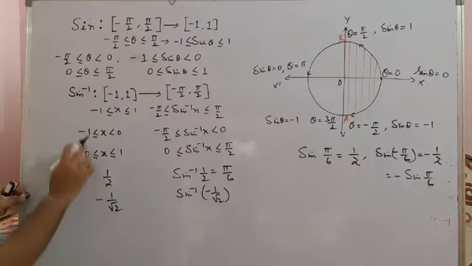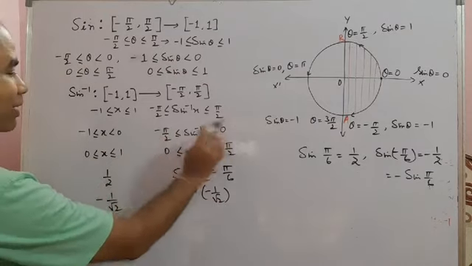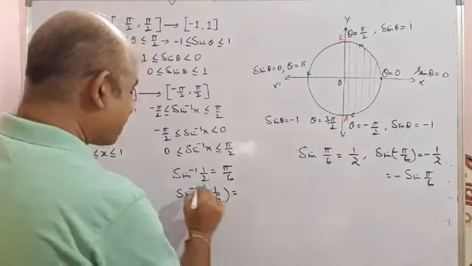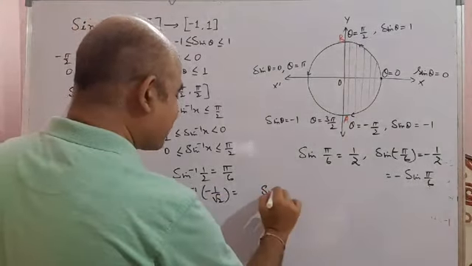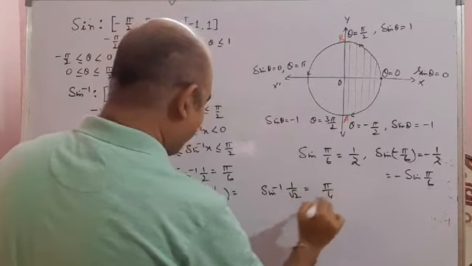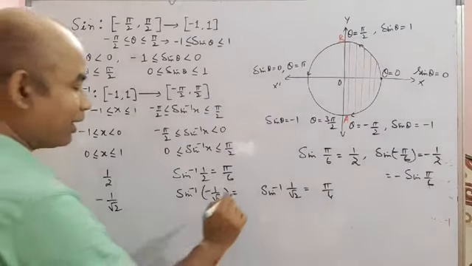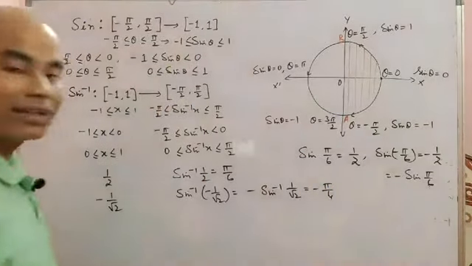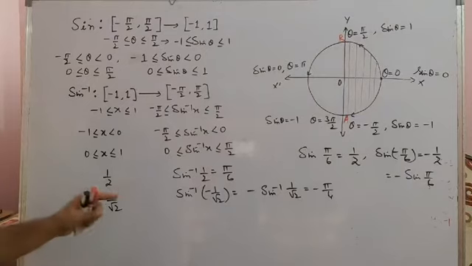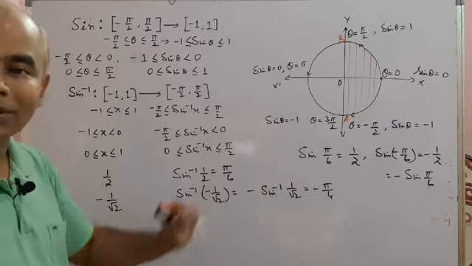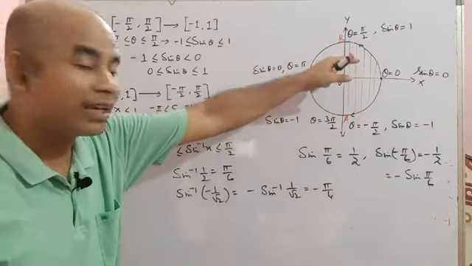When your x pre-image is here, then your sin inverse x will be an angle between minus pi by 2 and 0, that means it will be negative of an acute angle. To know the negative of that acute angle, let me find out what is the value of sin inverse of 1 by root 2. Sin inverse of 1 by root 2, all of you know it is pi by 4. Now when it is sin inverse of minus 1 by root 2, it will be negative of that angle. Because these angles are negative of those, I can take it as minus of pi by 4. Okay, clear? So that's why we get a result. The result is that sin inverse of minus x is minus of sin inverse of x, because these angles are negative of those angles.